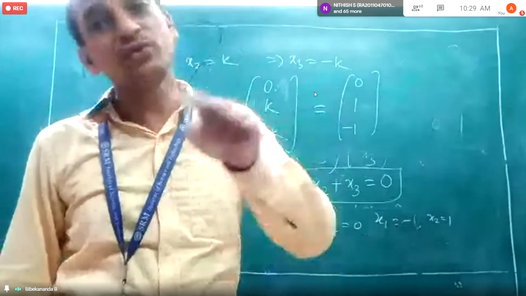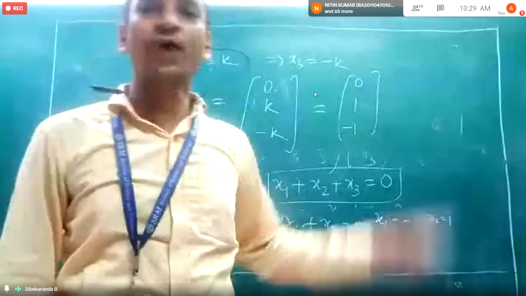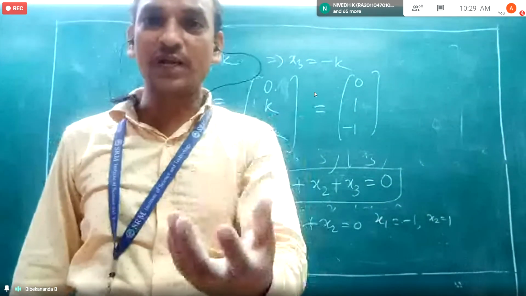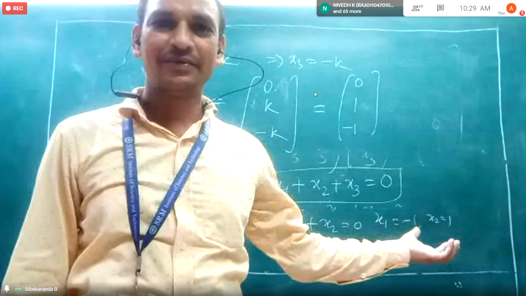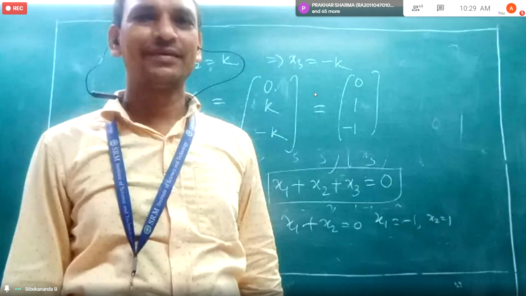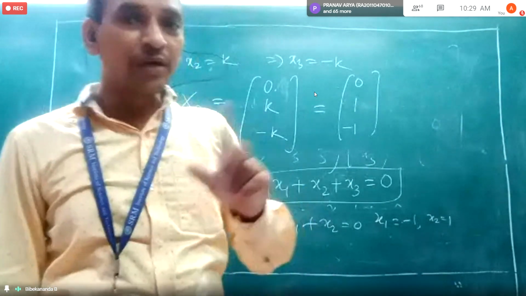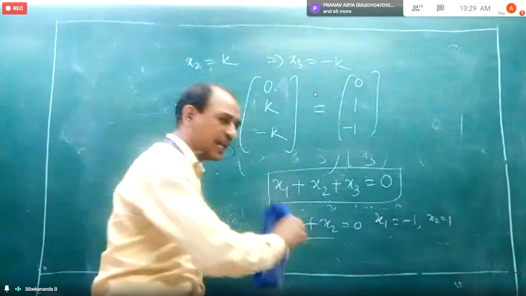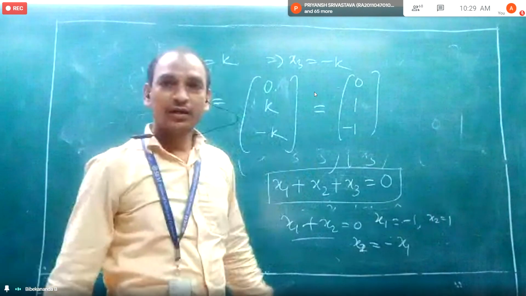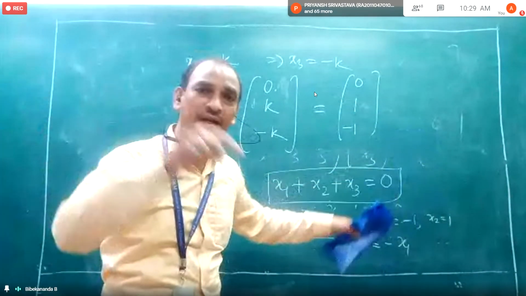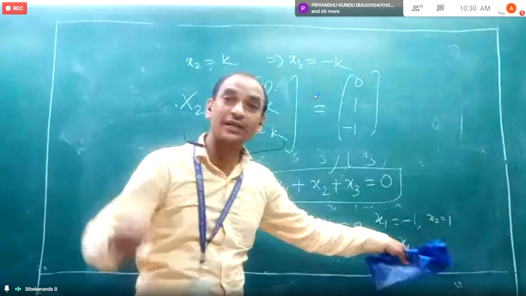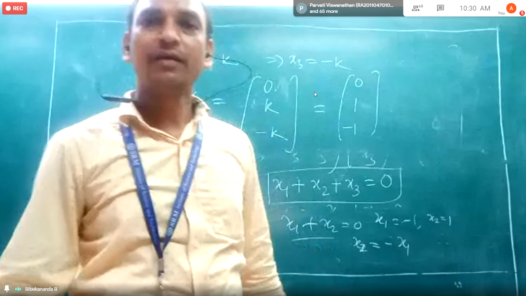Why did you take x1 equal to minus 1? Why is x2 not minus 1? If we take x2 also, it will be satisfied, no? Why take x1 only as minus 1? Because one variable is free. We can select x2 equal to minus x1, so x1 you can take as any value, and depending upon that we get x2. So x1 is the free variable.